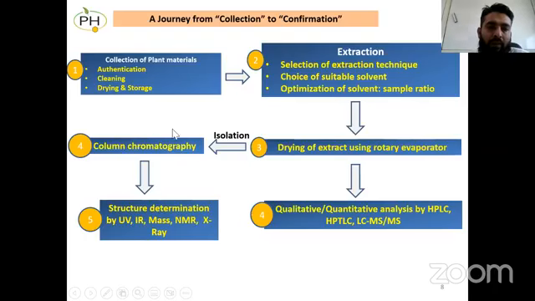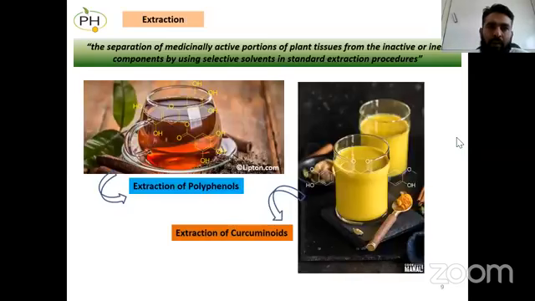And after column chromatography, if you are getting some positive response, or you are getting some fractions which have pure compounds, then you purify them with different chromatographic techniques. Then when you get a pure compound, you go for spectroscopic techniques, so you can elucidate the structure. Now